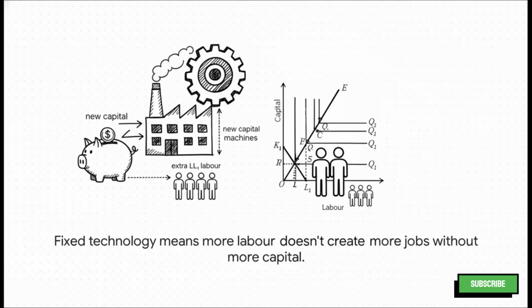And this is where it gets really interesting, especially when you look at the industrial sector's problem. The key word here is fixed technology. Just think about it. A big factory machine needs, say, 5 people to run it. No more, no less. So even if you have a ton of extra workers show up looking for a job, you can't just hire them. Without buying another expensive machine, more capital, you simply can't create more jobs. All those extra people, they're just left without work.